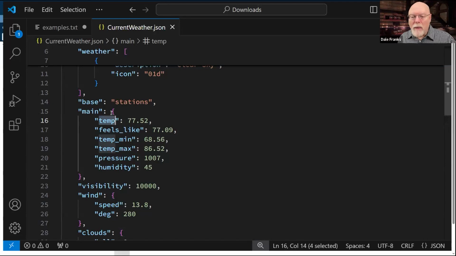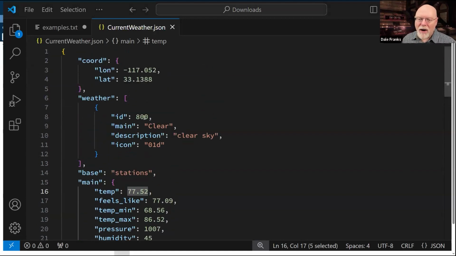Here it's way more loosey-goosey. It's just a node, and there is a node of main called temp, and it should return 77.52. So what that means is to get to that node called temp in main, and again, we're counting our nodes. So there's our first dot.